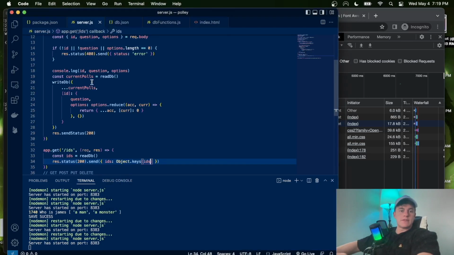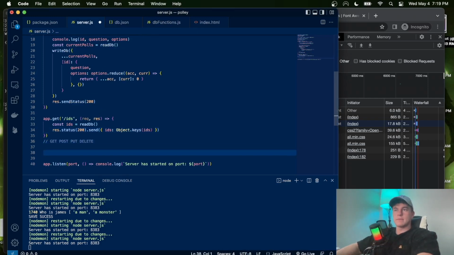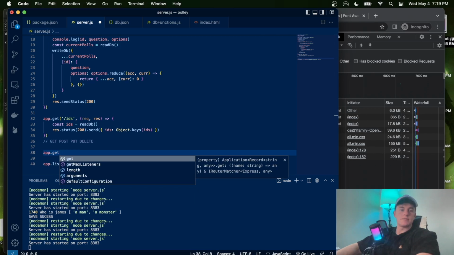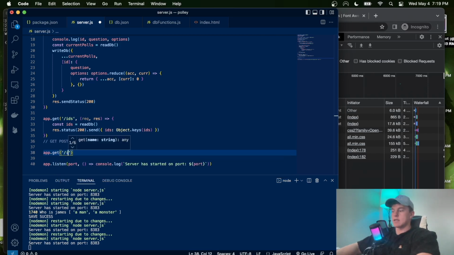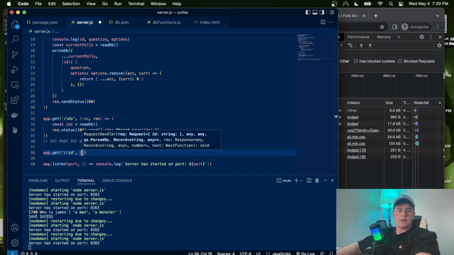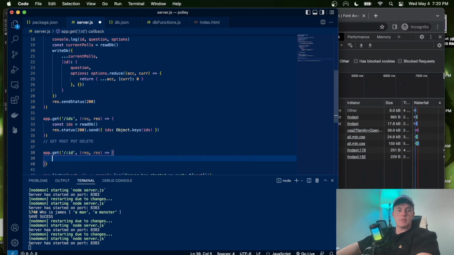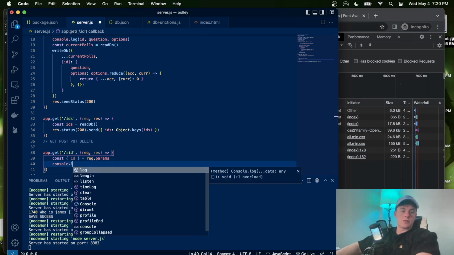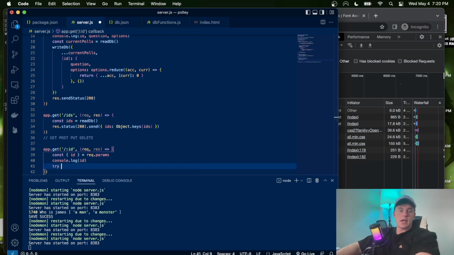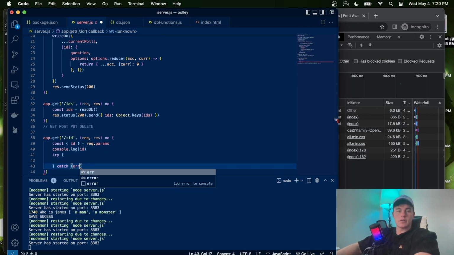And now what we're going to do is define a new route down here. And that is going to be to serve up our poll file. So if we're receiving the URL for a poll. And so we do that by saying app.get. And in this case, we're going to have a dynamic ID, just like that. Request, response, open that up. And the first thing we're going to do is destructure that ID from the request.parameters. Now in here we could console.log it just to have a look at it. And we're going to use a try catch block, so we'll catch the error,